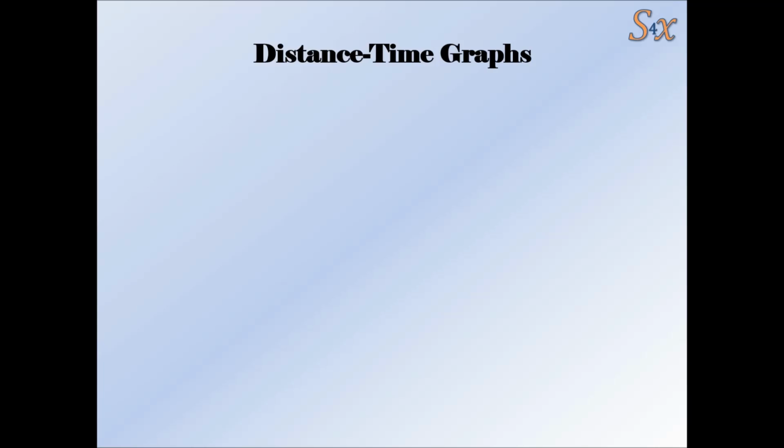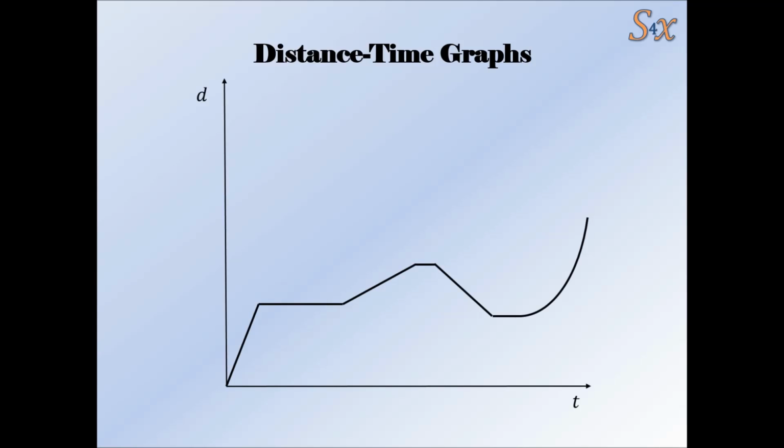So let's start with distance time graphs. Here's an example distance time graph with a load of different sections, and we're just going to label each section and talk about what's happening. So what's going on here? This is a constant velocity. Okay, so